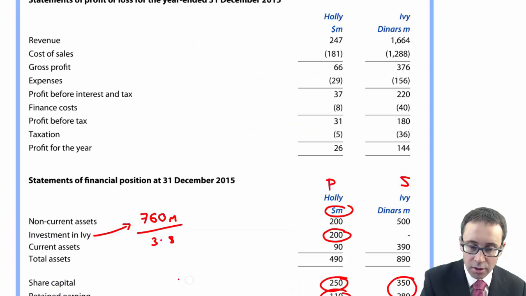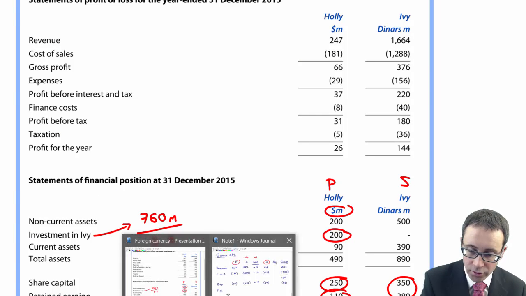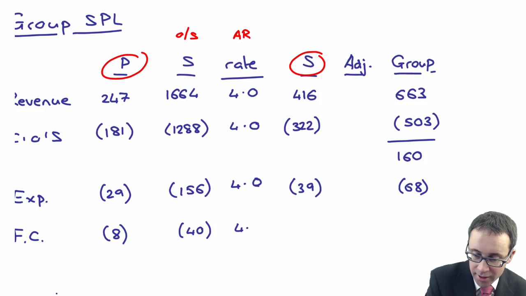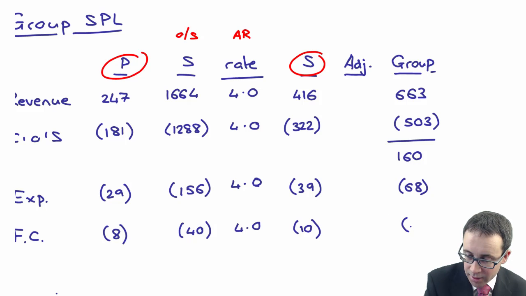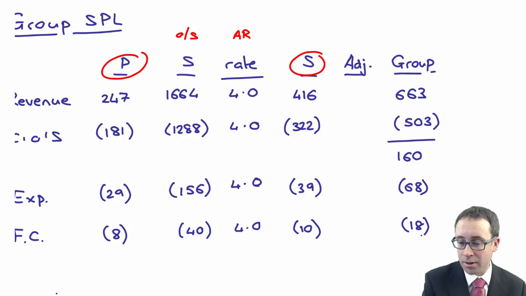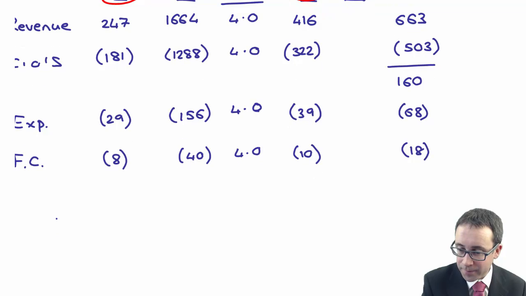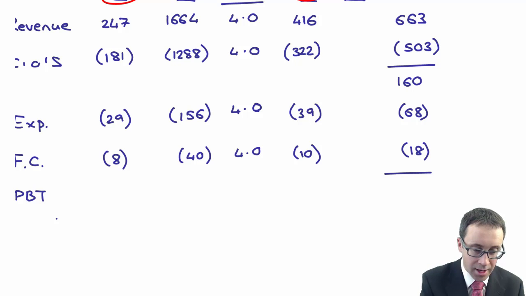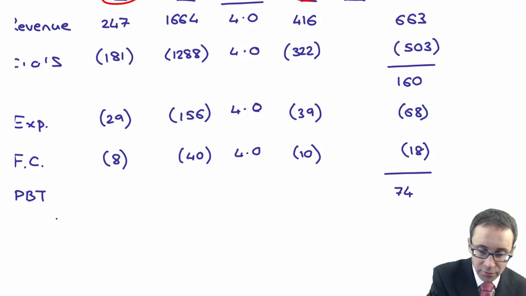We've then got our finance costs, 8 and 40. Even I can do 40 divided by 4 without a calculator. That's 10. And even I can do 10 and 8, which is 18. Well done, Chris. There we go. Maths is getting better. That then gives you PBT. Again, you don't really need to put it in, but we will. PBT is there as 74